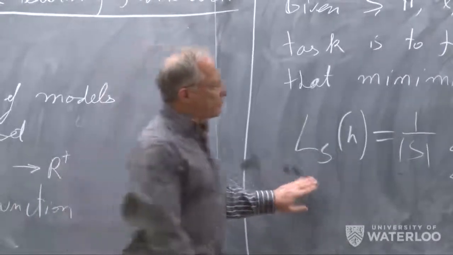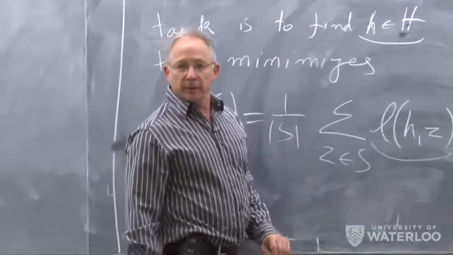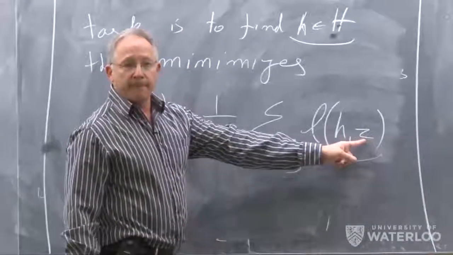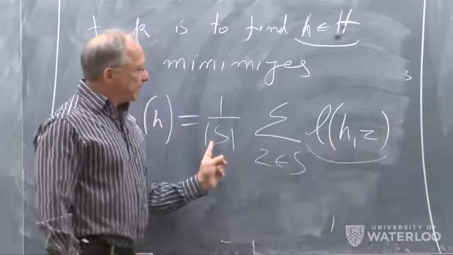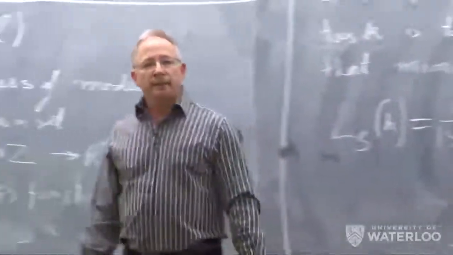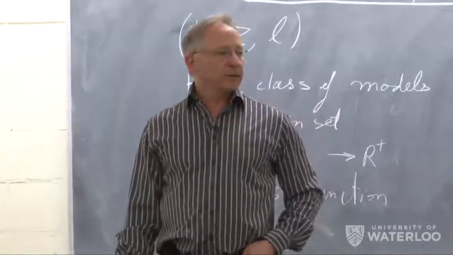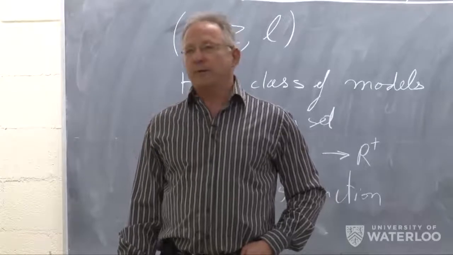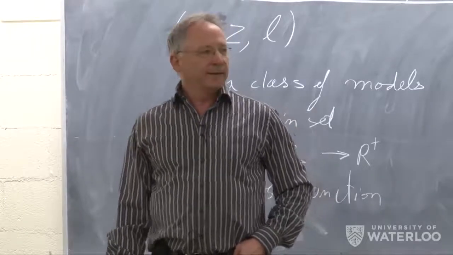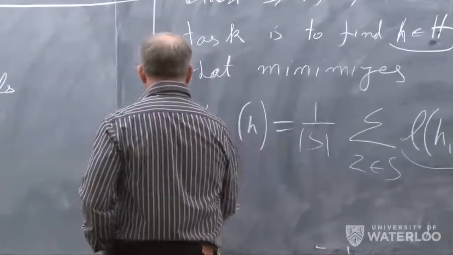Now, what did I assume? I assumed that this is a convex function of H. We assume that for every Z, this is a convex function. So why is the normalized sum, the average, a convex function? Right, you have to look at the notes from last class. So in the notes of last class, we showed, just recall,